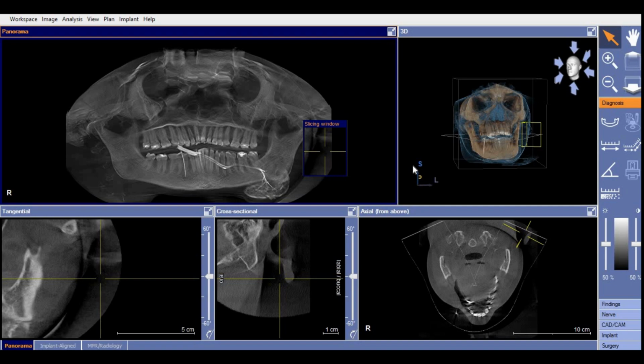Basically, a sialography is a unique method to examine the salivary glands radiographically. It involves the injection of a small amount of contrast medium into the duct of a major salivary gland, followed by a plain radiograph like an OPG in the case of 2D imaging, or a CBCT in the case of 3D imaging.